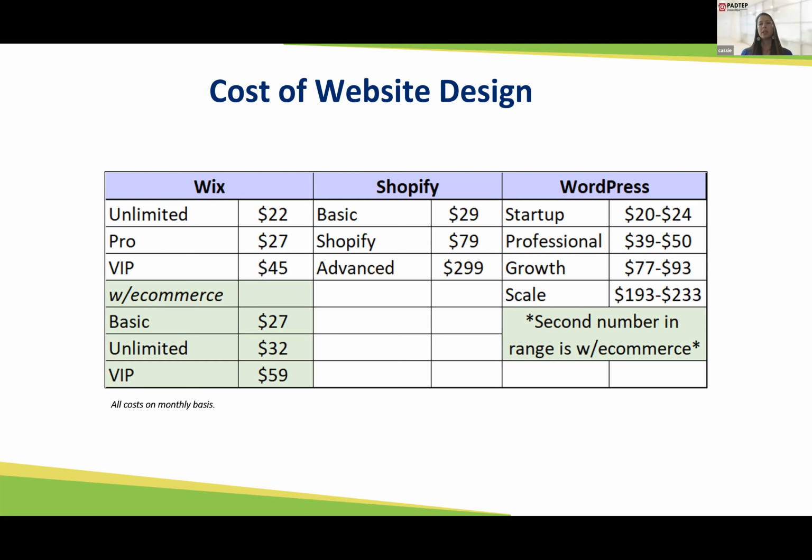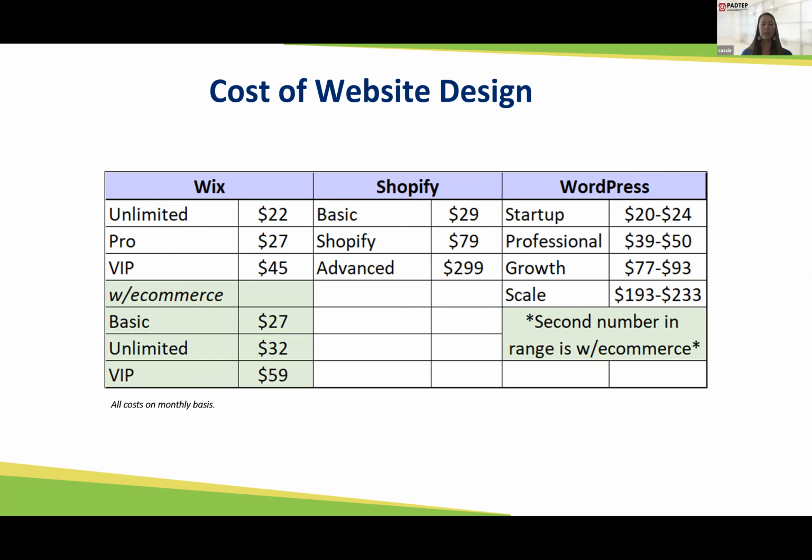Now, one thing I want to do is in the chat, for those of you that have a website, would you please maybe just type the platform that you're currently using? The reason I like to do this is just to get an idea of the various platforms that are being used by small businesses. This helps other small business owners maybe on this call to kind of see what others are using. So if you could just write in the chat the platform that you're using, and you could even write the business next to it to give them an idea.